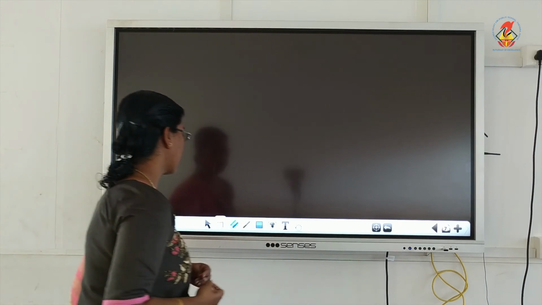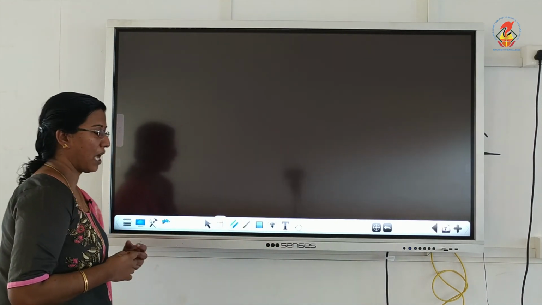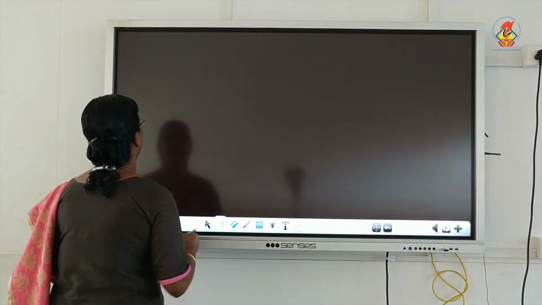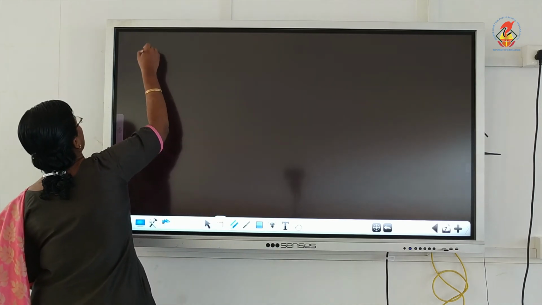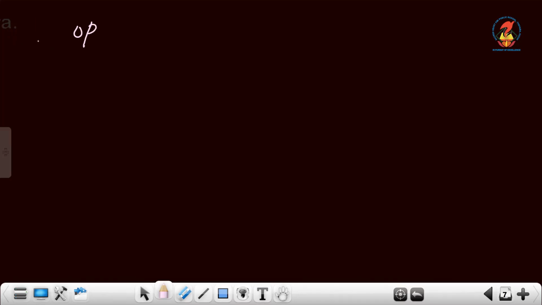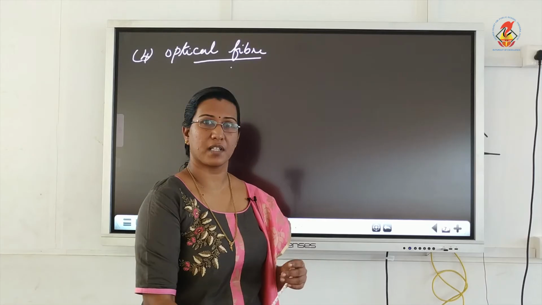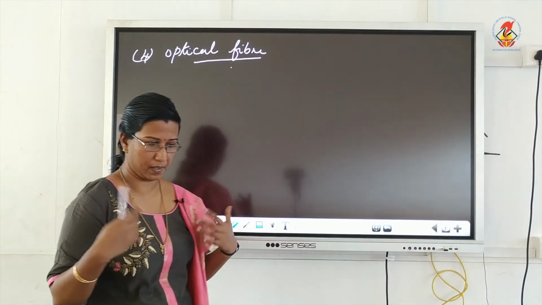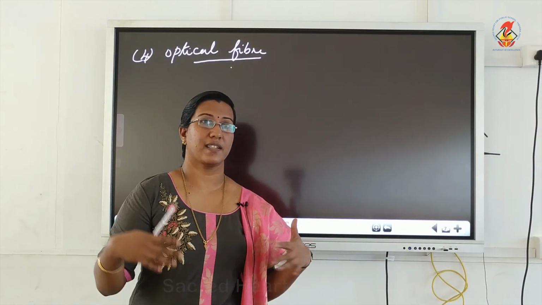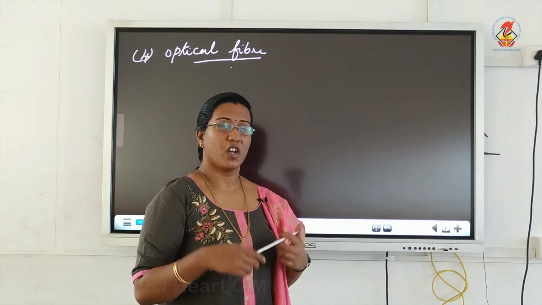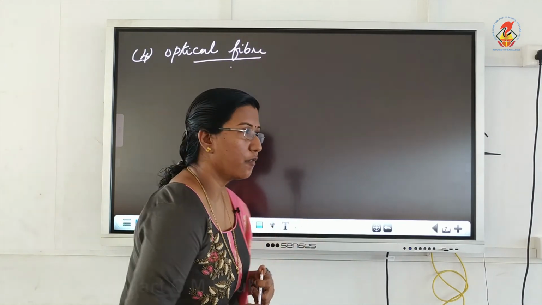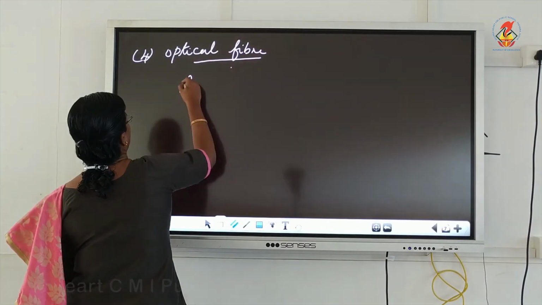Now the last application which you have to study in this chapter for TIR is optical fibers. Fourth application. Now optical fibers. You must have seen optical fibers or optical cables when you walk through a road, when there is a construction going on in the road. Now what is an optical fiber? An optical fiber is basically a very fine